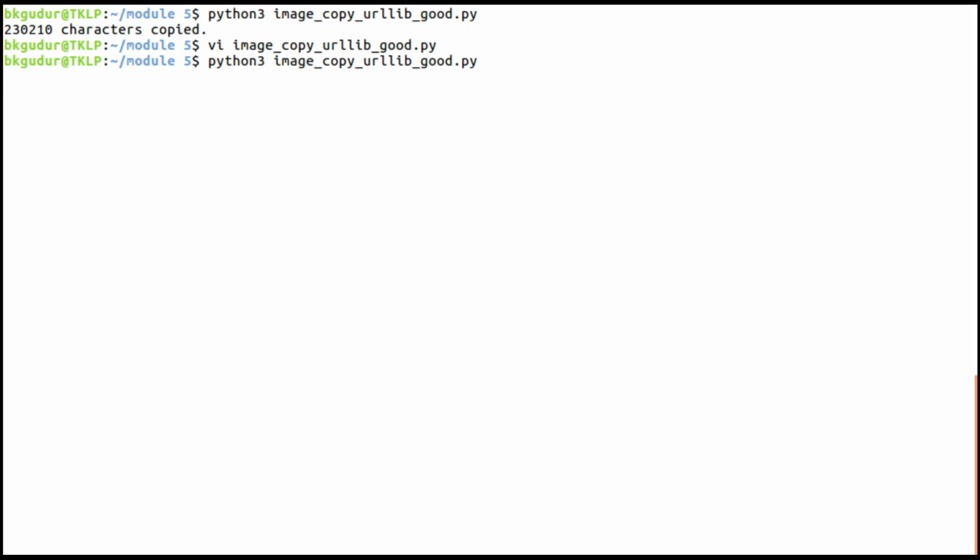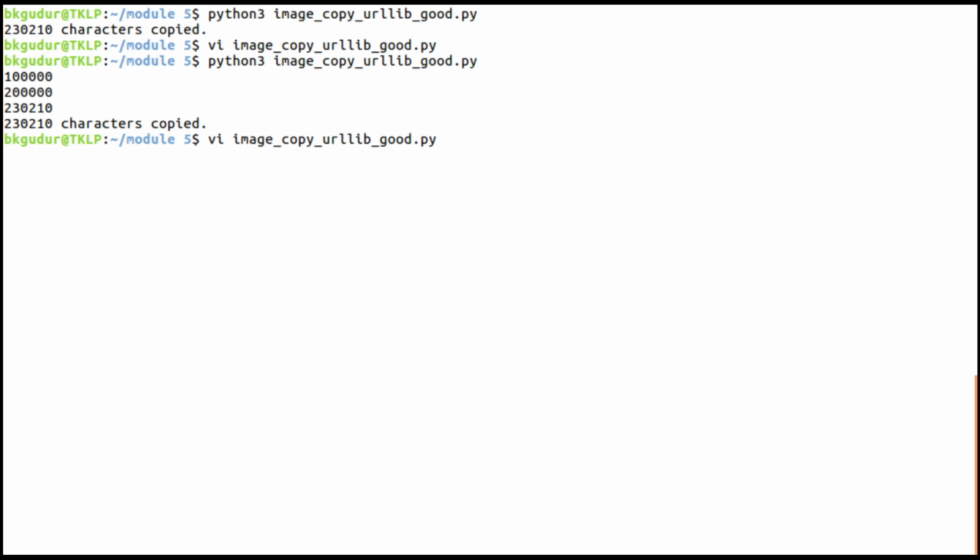Let me execute this once again. Now you can see first it has read 1000, later 1 lakh, later 2 lakhs, and the total is 2,30,000, meaning the remaining 30,210 bytes have been read at the end, in chunks of 1 lakh, 1 lakh and 30,210.